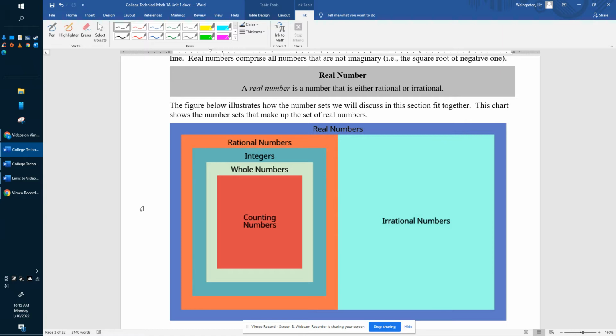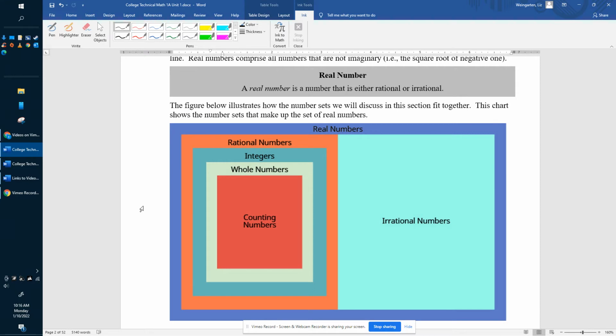Irrational numbers are numbers that cannot be turned into fractions, so they have decimal places that go on forever and never repeat. Some examples of irrational numbers are pi, which we'll be using later on in Unit 5 when we talk about circumferences and areas of circles. Also, an irrational number would be something like the square root of 2, where there are no two rational numbers that multiply to create 2. So the square root of 2 is irrational. Another one is e. E is a number that is used when we're talking about exponential growth.